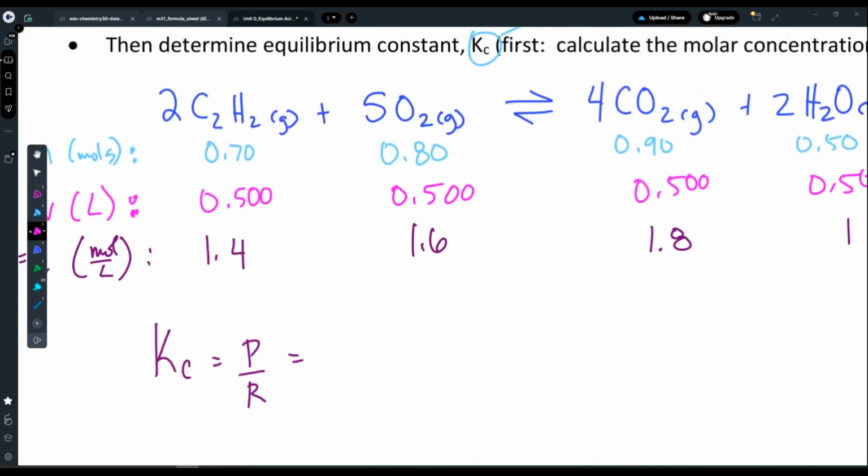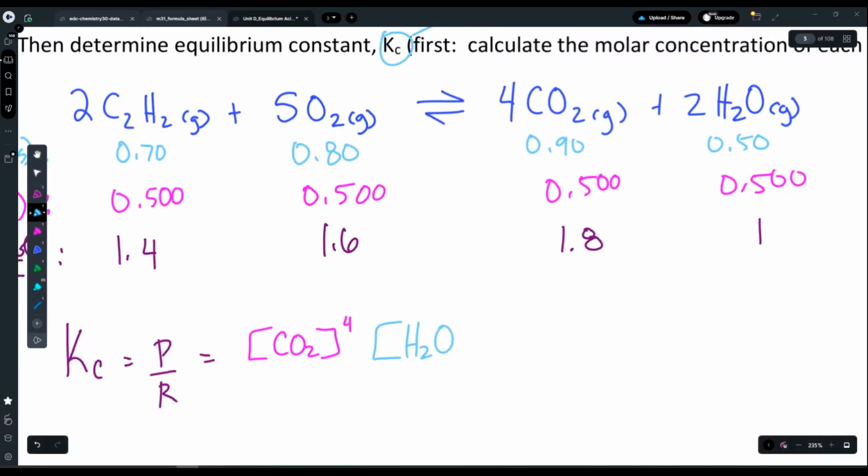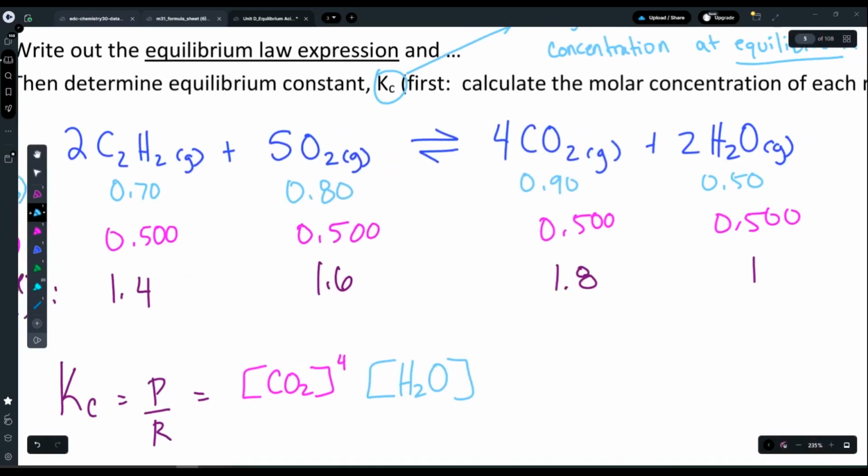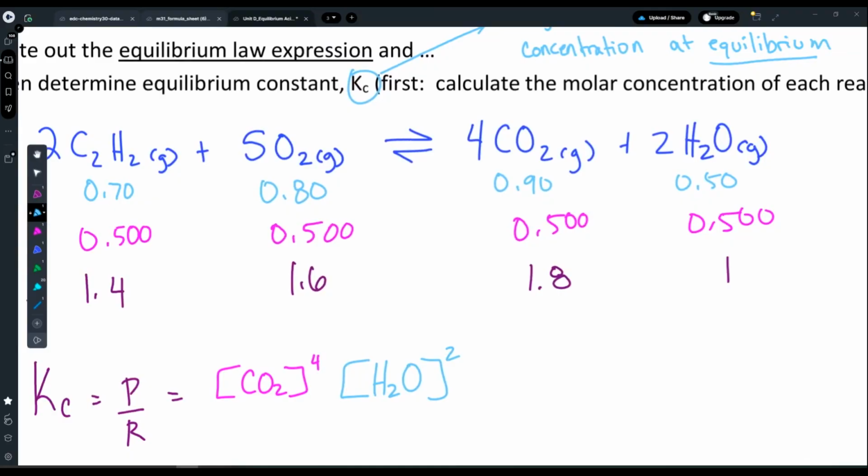Starting off with the products, we have carbon dioxide raised to the coefficient, so that's 4 for carbon dioxide. And then we have water. You don't have to write states for the equilibrium law expression, but you do have to write states when you're writing chemical reactions. So I'm going to raise it to the power 2 because that's the coefficient for water vapor